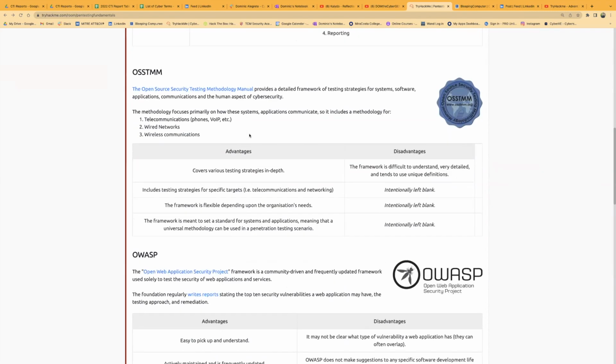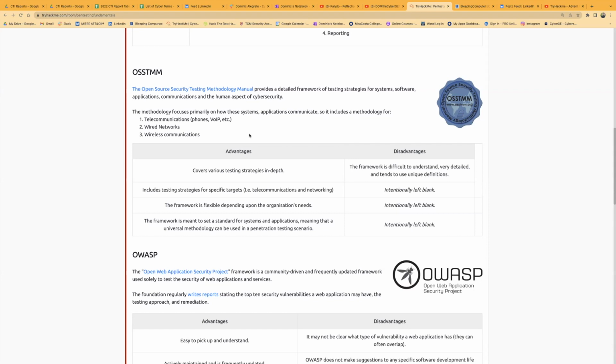Besides that, getting into this, these are the different manuals, I would say, or frameworks that are put together. These frameworks have different things that penetration testers will go by, as well as what is going on in the cybersecurity world. A lot of them go over different strategies on how to actually test networks, telecommunications, right? Testing systems,